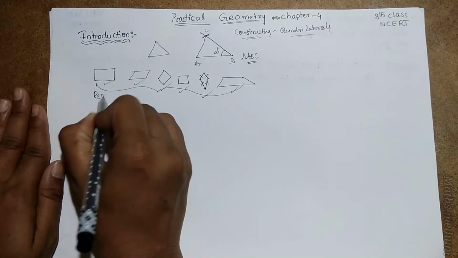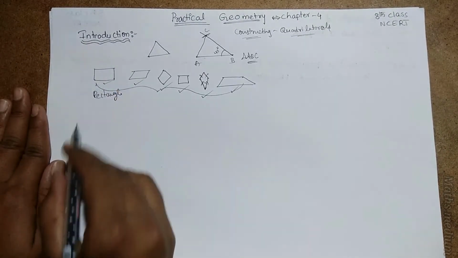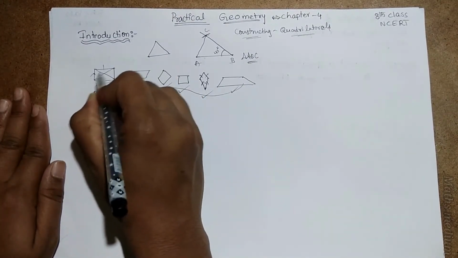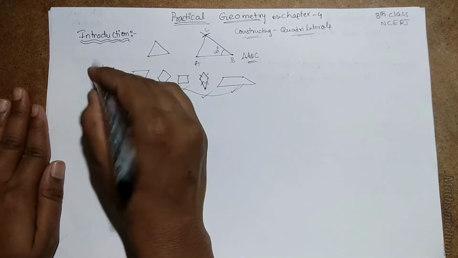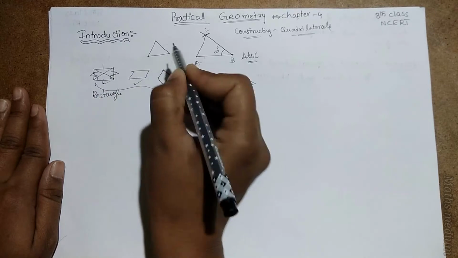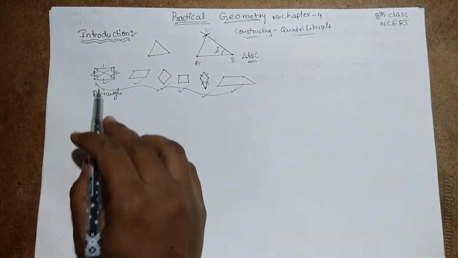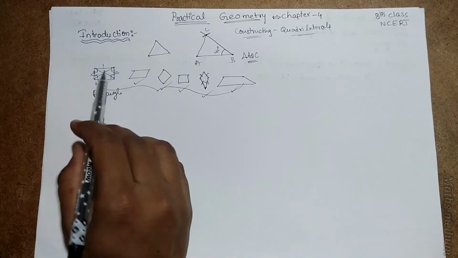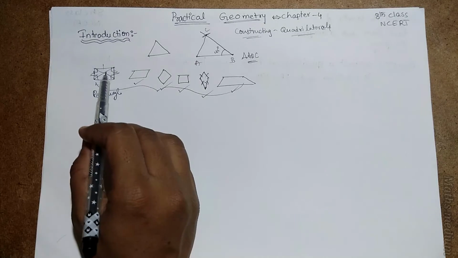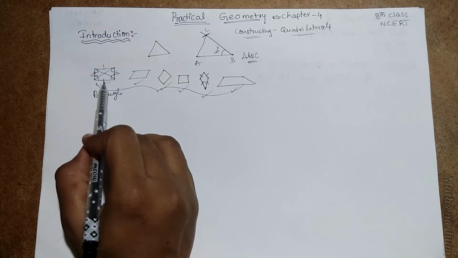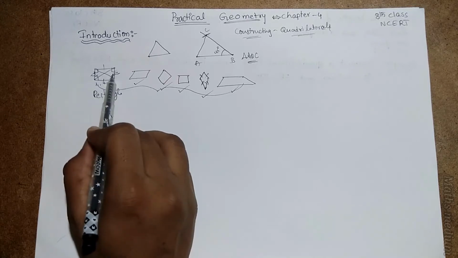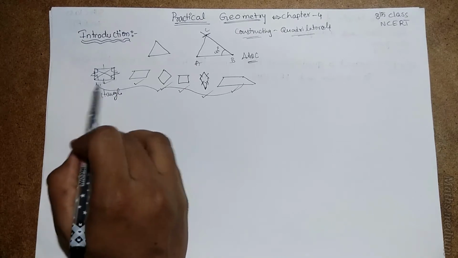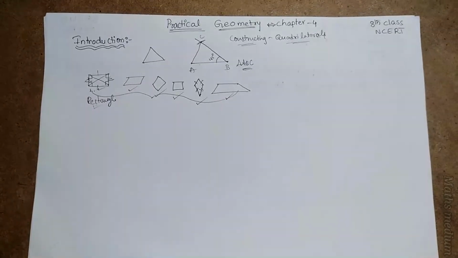So here, rectangle. In the case of a rectangle, we have four sides. These two are equal and these two are equal. We have four right angles and two diagonals. They are bisecting each other. So in this case, we have to construct a rectangle. There is a chance of giving the question with equal lengths and equal breadths, or in case they give an angle, this rectangle has 90 degrees, so four right angles. So we can construct it easily.